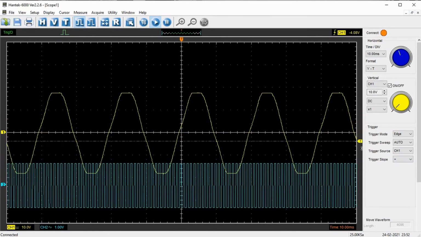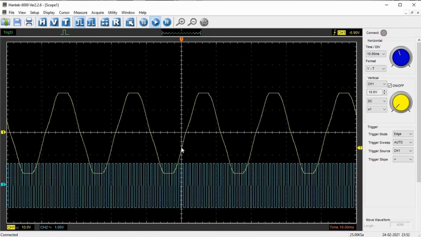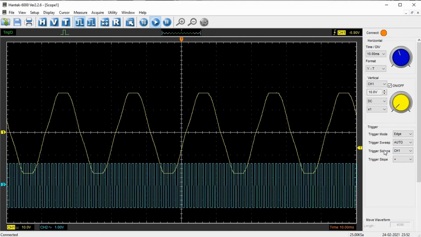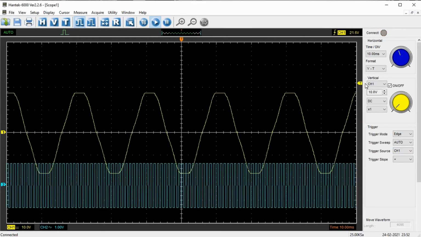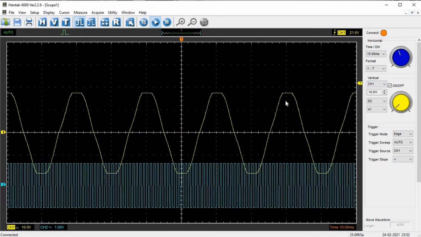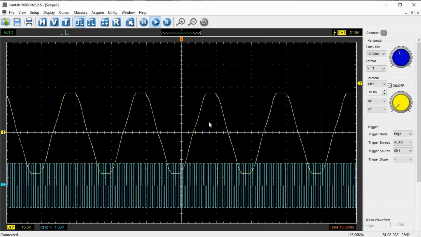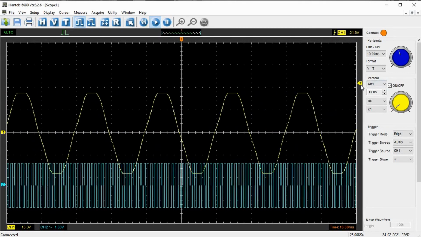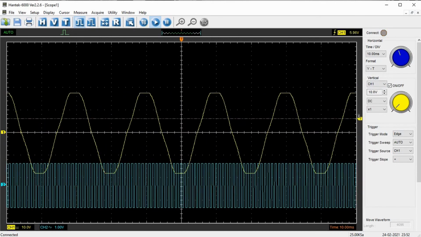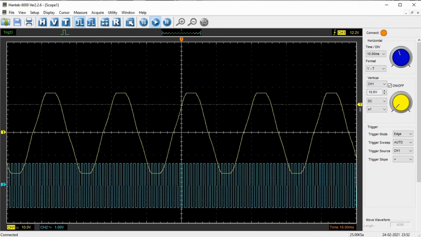So if I come down, when this voltage increased in the rising edge went above the trigger point, it will trigger at that time. If I move it outside, it is not stopping, because it is expecting the voltage to rise above the trigger point. Since the voltage is not rising above the trigger point, it does not know where to trigger and hold the waveform. Similarly, if the trigger point is below, it will not know where to trigger and hold the waveform. So this is how the trigger works. Hope you are able to understand that.